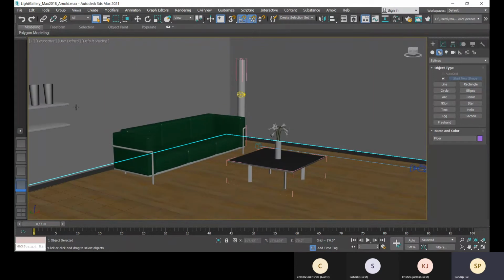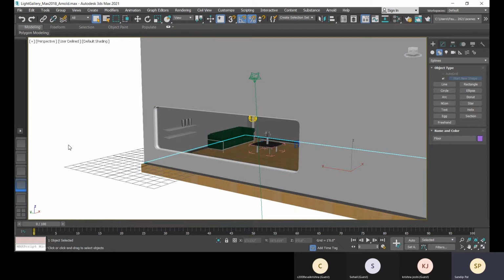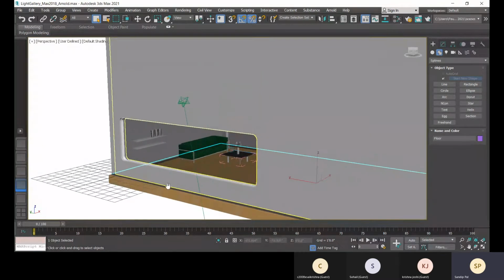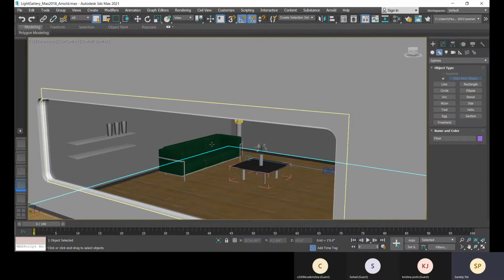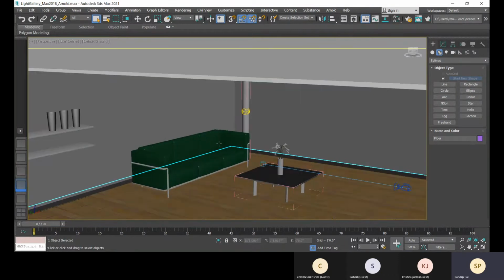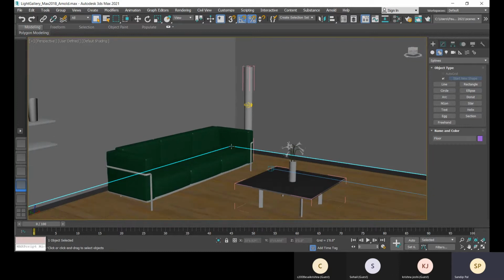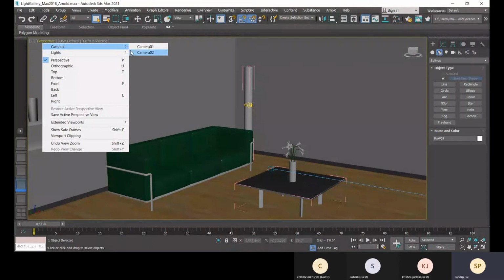You need to work on the outside wall, or place something else outside, some modeling is still there. If you move it, you won't get that particular view exactly the same. So again you have to work on that, and the time will be wasted. So for that we place a camera, and according to that we set our view, and we render that view.